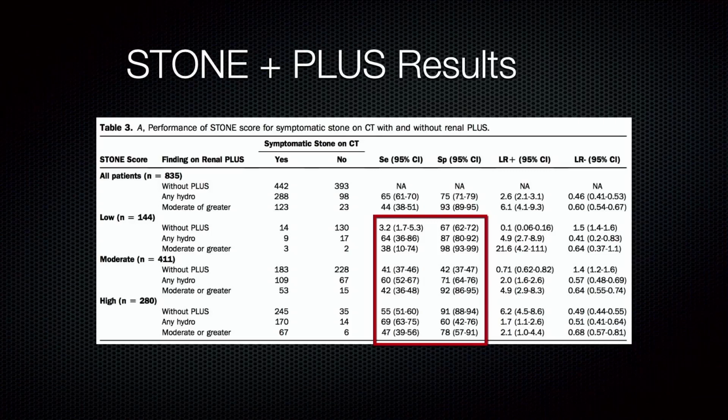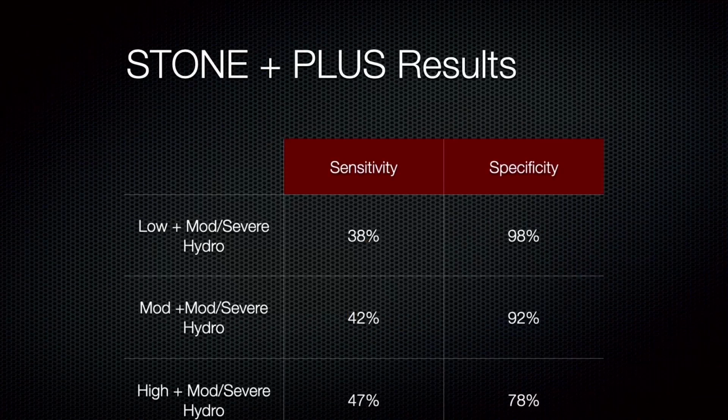Sensitivity, specificity, with the ultrasound can be the top line of each section, and then with any hydro and with moderate or greater, without ultrasound, the top line, and with any hydro, so mild, moderate, or severe, or if we take that super severe, the moderate or greater category. And so this is a lot of information to just stare at. But if we strip away all the extra data and look at what we want to know,